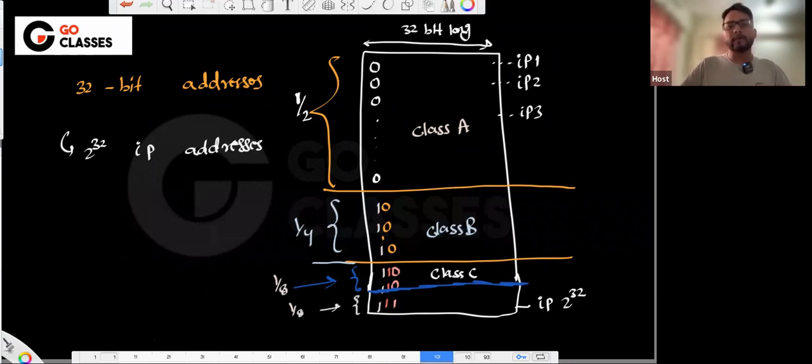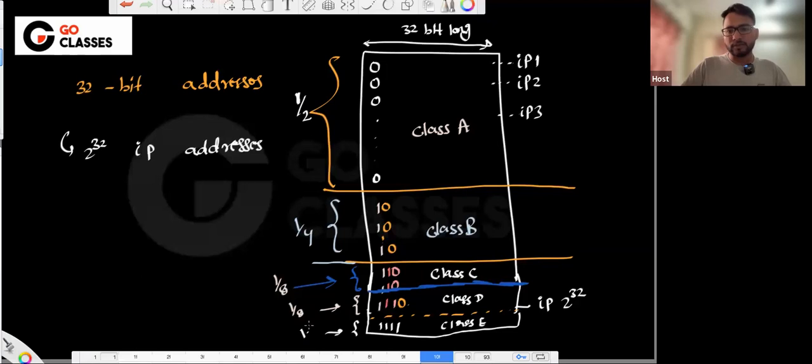But now what I did, I have divided this again further into two parts. I said, if it is 111 and then 0 also, then I will say it is class D. Let me tell you explicitly. If it is 111 and then 0, then it is class D. If it is 111 and then 1, then it is class E. So I divided this into another two parts. This is class D, this is class E. So this is 1/8, this is 1/8, right? Can anyone tell me, this means this class D will be 1/16,